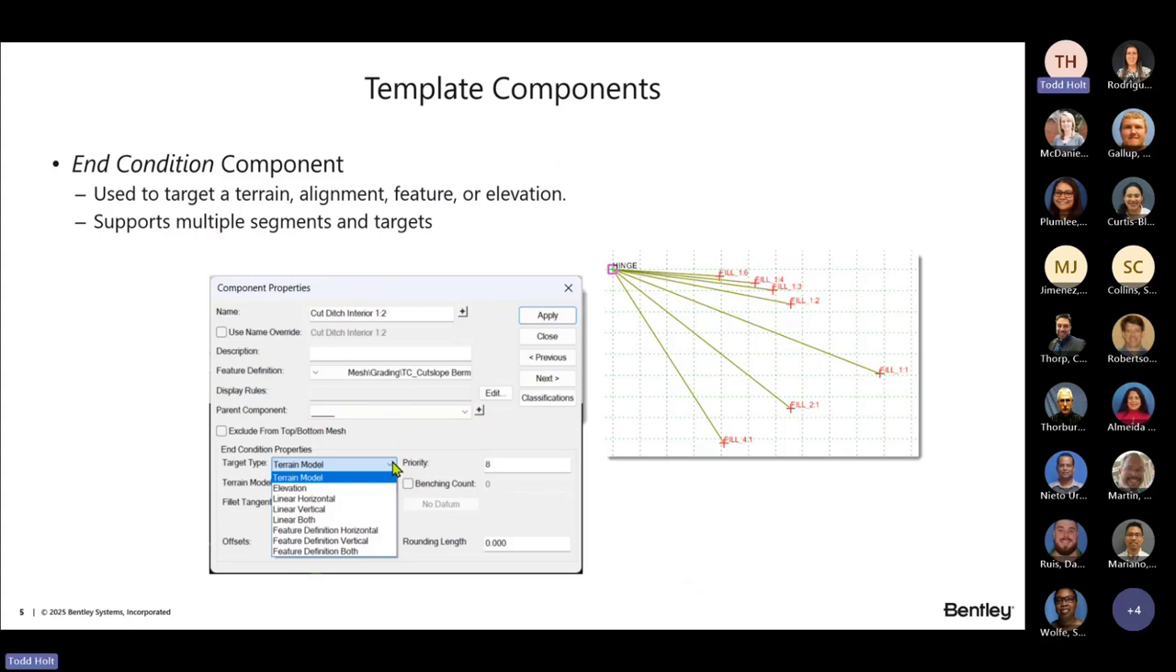All right, so more in the template components, so the end condition component. We talked about our target types. We have our terrain model. We can target to a certain elevation, horizontal geometry, linear, vertical. We can go to both. So maybe there's a ditch that we're trying to hit that we need to draw on, but we don't have a feature definition on it. We're just going to look for our horizontal geometry or vertical geometry and specify that to be within our search criteria for that